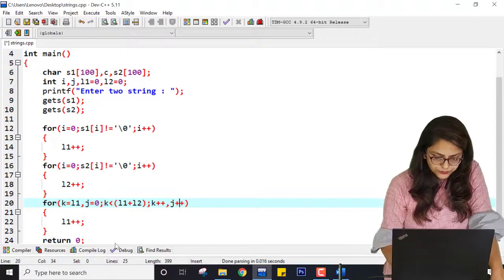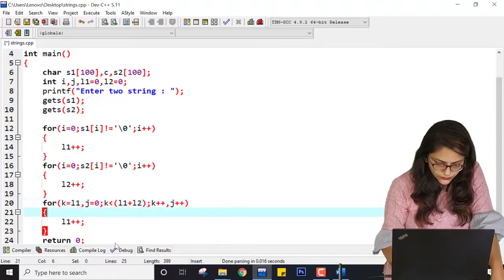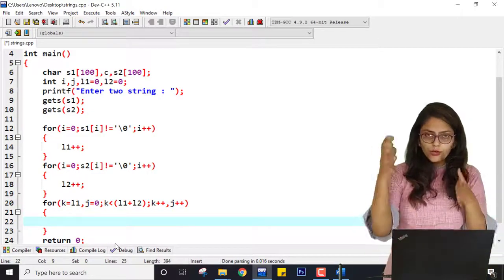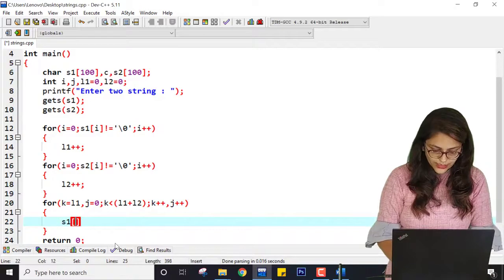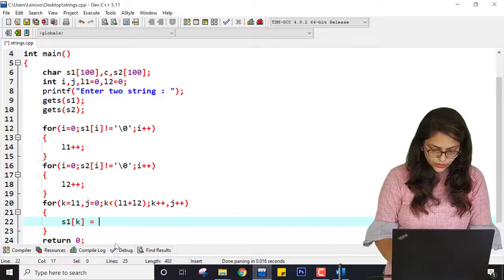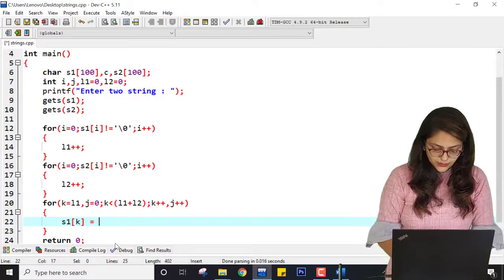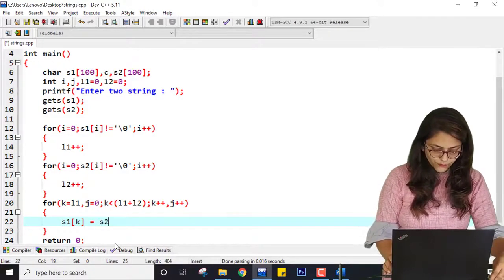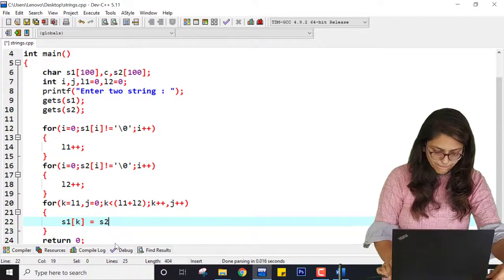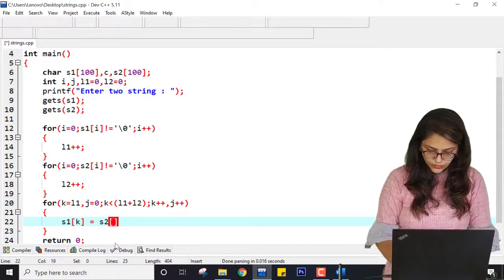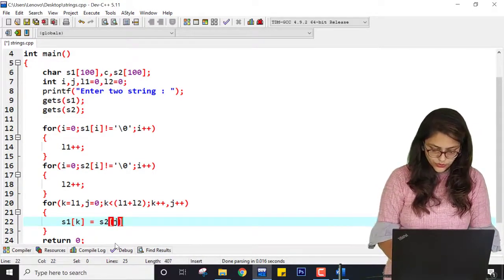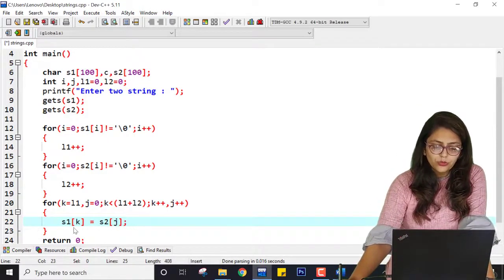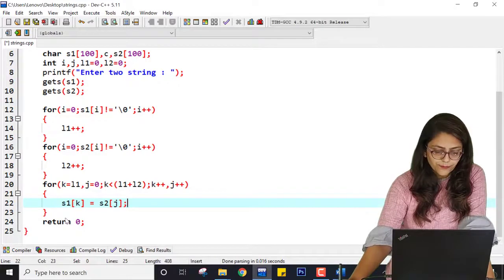So here let me write the logic over here. I want to copy the value of S1 of k from S2 of j. So S2 of 0 will be copied to S1 of k.